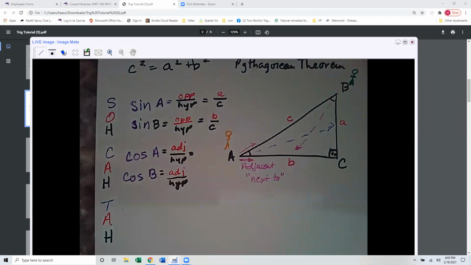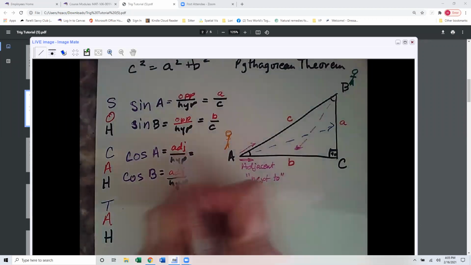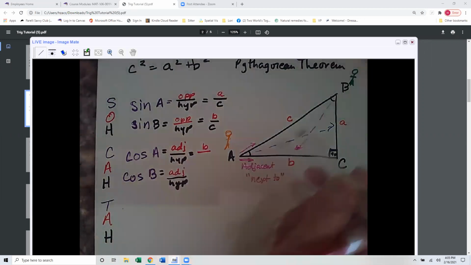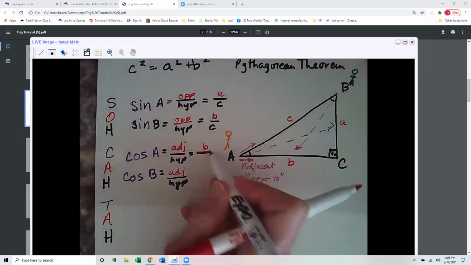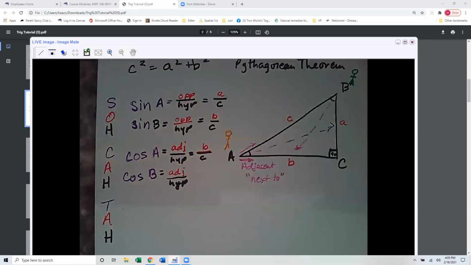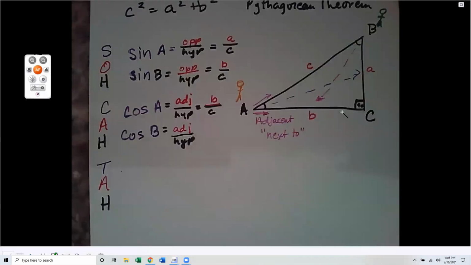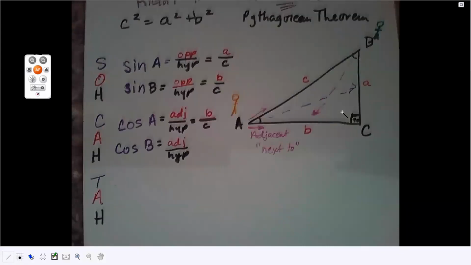So my adjacent side from angle A is little b. My hypotenuse does not change. That's always going to be C. Now cosine B, from the perspective of B, which is my little green stick figure here. I'm going to make this a little bigger for us. There we go. From my green stick figure,